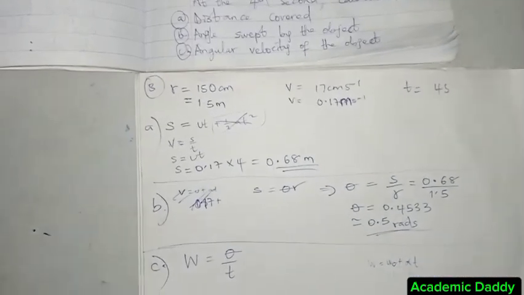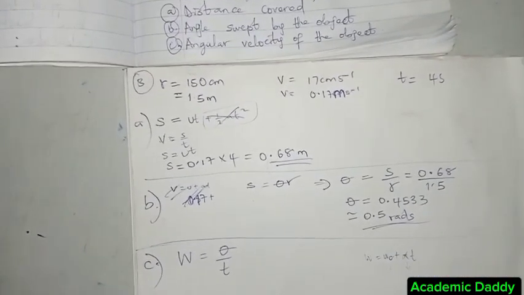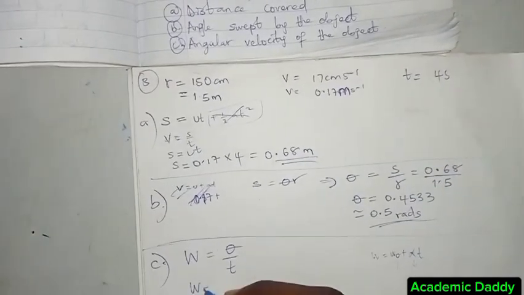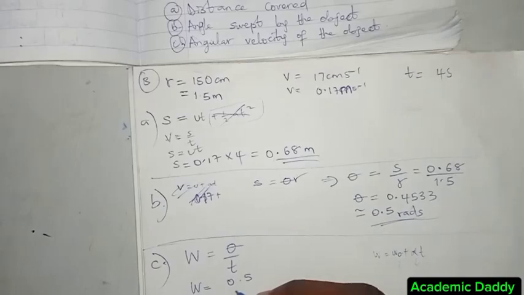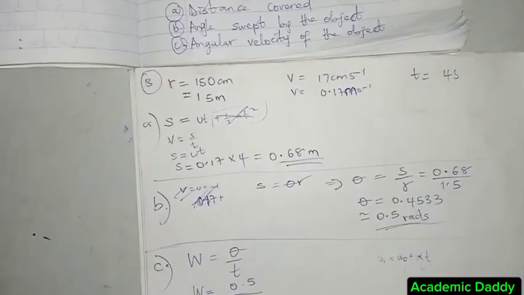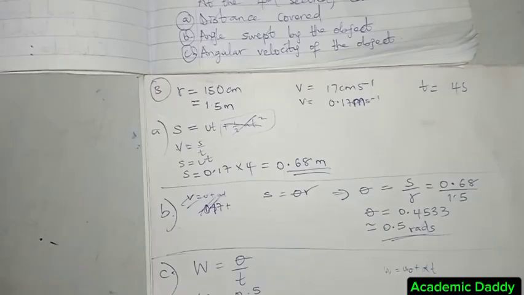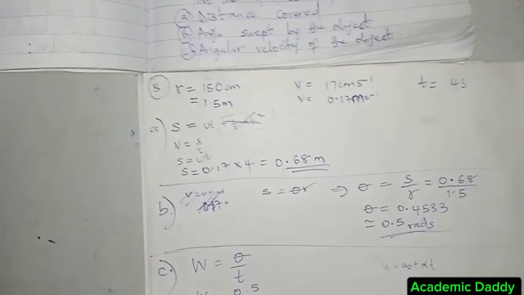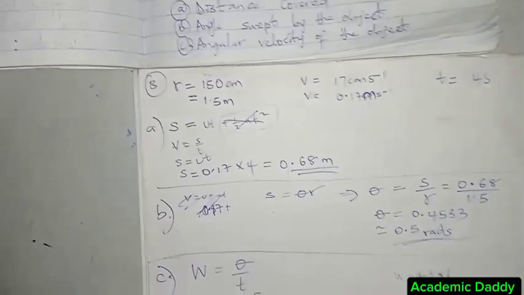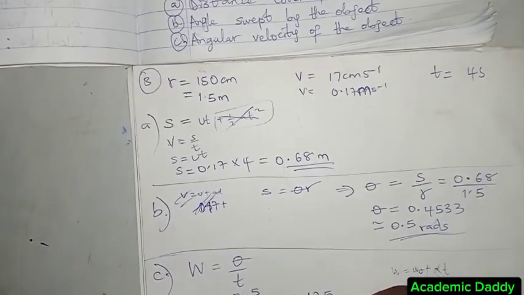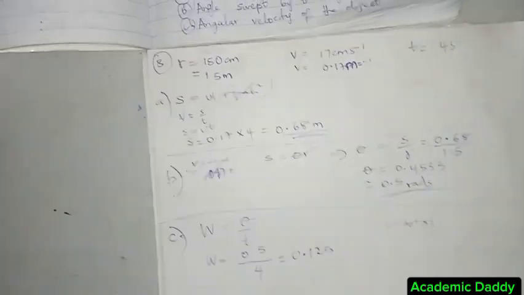I don't have a, so that's why I'm using this. So I can say w equals 0.5 all over 4. So I have 0.5 divided by 4, which gives me 0.125